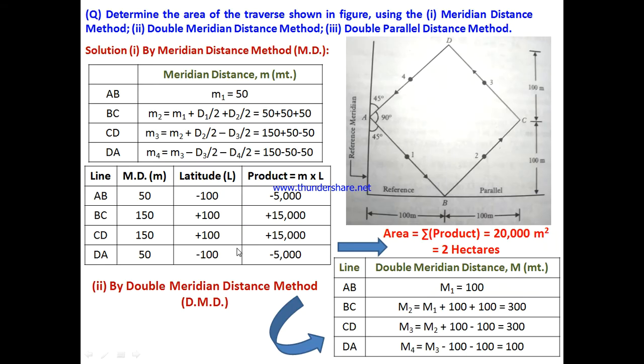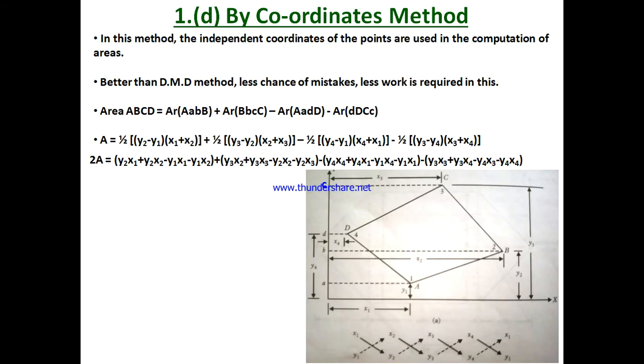So this is a very important method to calculate the area. You can say it is better than the meridian distances method for calculating the area, because chances of mistakes are very low in this case, and less effort is required. So here if I need to calculate the area of the ABCD traverse, I can say that the area of A A' B' B, see here, the area of this particular dotted line